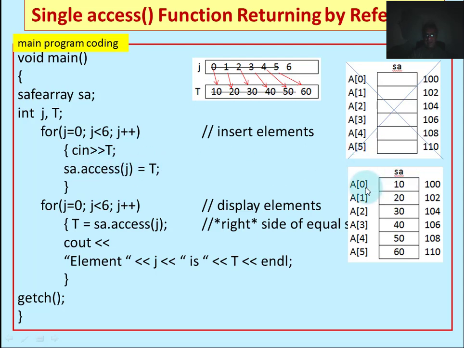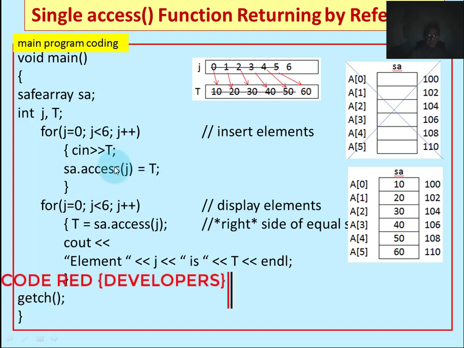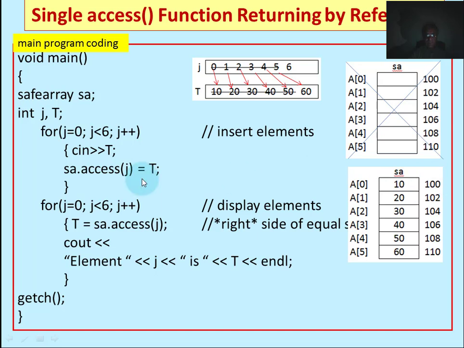Anything belongs to the address of a of 0, say 100 is the address of a of 0. So here the computer will return 100, and we are going to store 10 to 100. 10 cannot be stored at 100, but 100 contains this memory location, so it will store the value of 10 at this memory location which belongs to this 100.